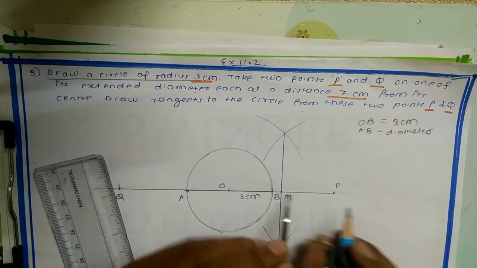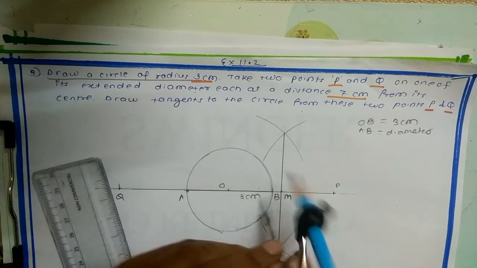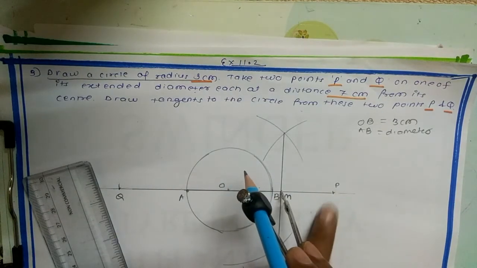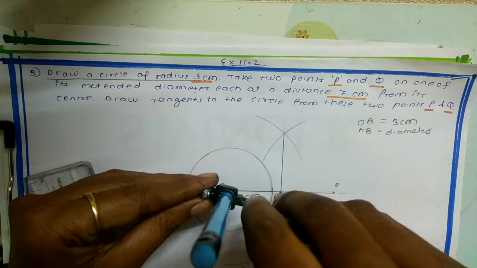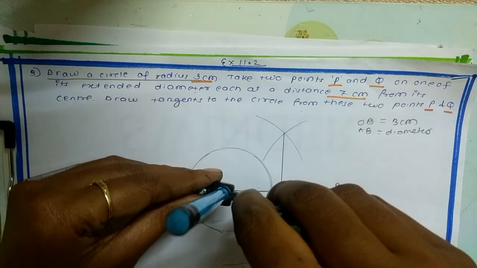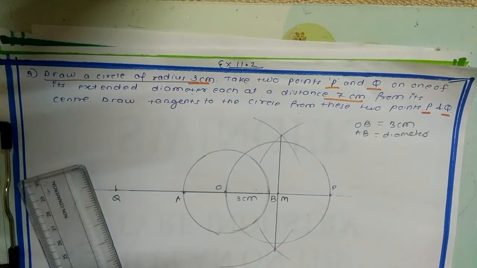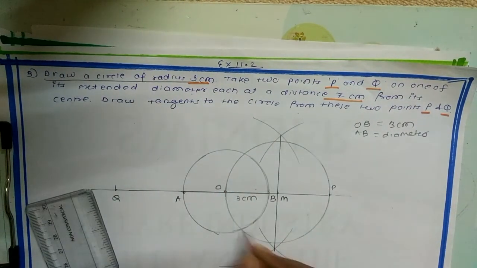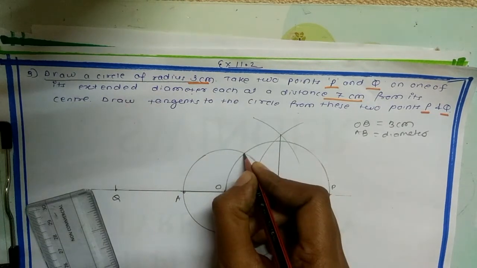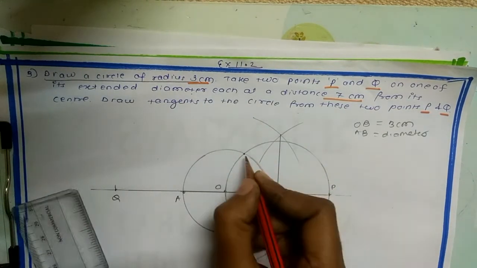Now the next step is to take a radius, either OM or MP, and M as a center, and draw a circle which will pass through the center and the external point P. So I'll take OM as radius and M as center and draw the circle. So here you can see I have completed the circle, and this new circle is intersecting the circle to which we have to draw the tangent. So here these 2 circles are intersecting. This is a point of contact.